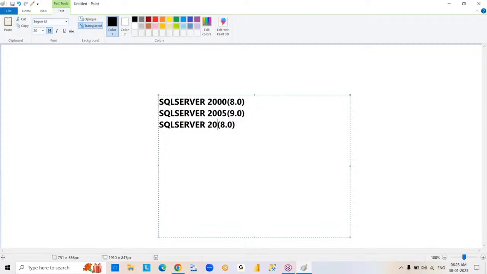Then 2008 version 10.0. After that 2012 11.0, 2014 version we have 12.0,